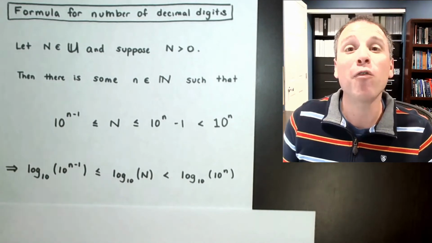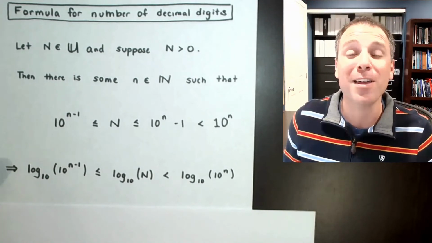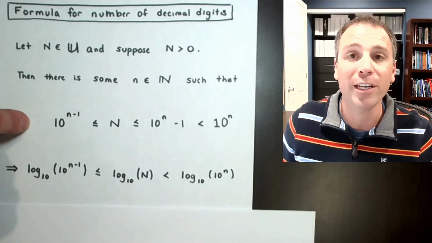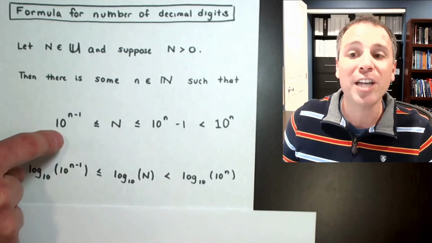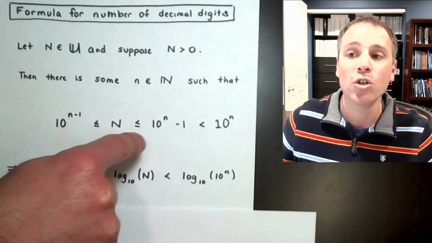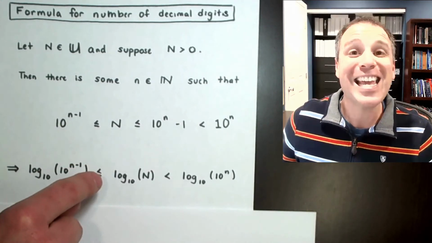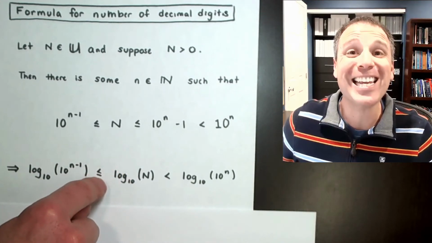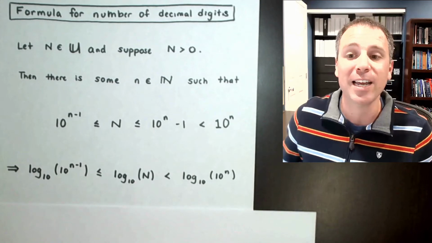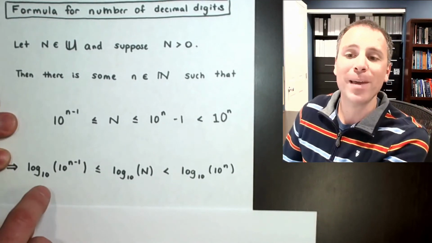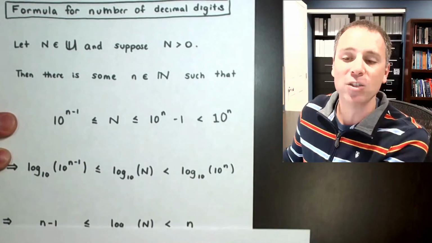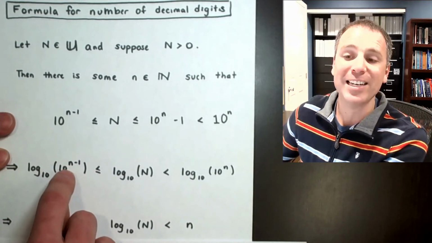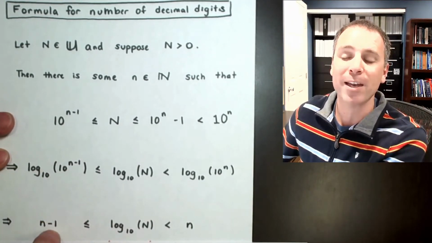We will actually give a formal proof using calculus-based methods later in this video to justify that I can take this inequality, apply a log to every quantity 1, 2, and 3, and the inequality holds through the log. Log is an increasing function. That's another way to say that. But remember, when we take log base 10 of 10 to the n minus 1, the log base 10 and the base 10 cancel out, and I'm just left with n minus 1.